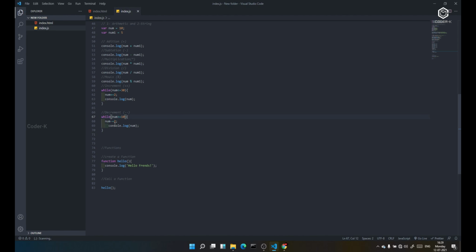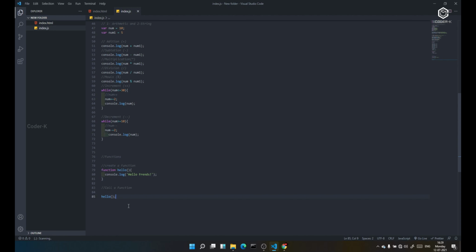In this way, the increment operators will work, and also the decrement operators. The decrement operators like num minus minus and num plus plus. Decrement, guys, num minus is equal to 2. Num minus minus will subtract one number, minus 2 will subtract 2 numbers. You can provide 3, 4, 5 up to n numbers, it subtracts n numbers. Here it adds 2 and you can also provide up to n numbers, guys. If you have num plus plus, it adds only one number. This is the thing you should remember.